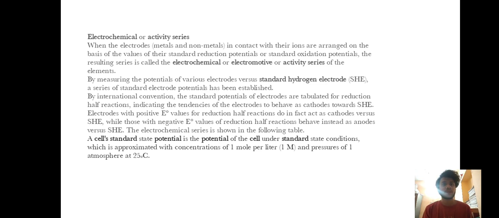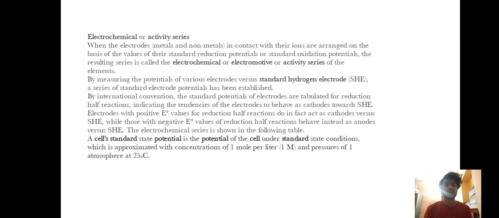By measuring the potential of various electrodes versus the standard hydrogen electrode, a series of standard electrode potentials has been established. By international convention, the standard potentials of electrodes are tabulated for the reduction half reaction, indicating the tendencies of